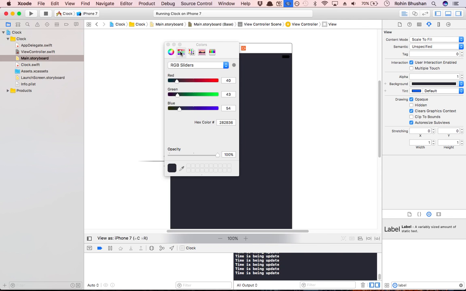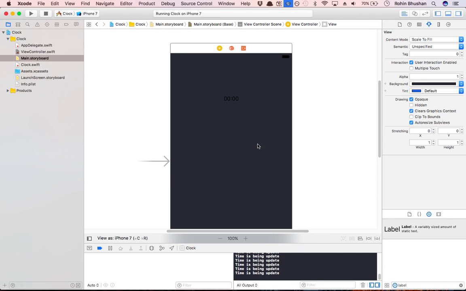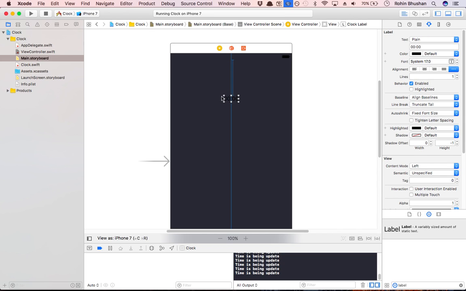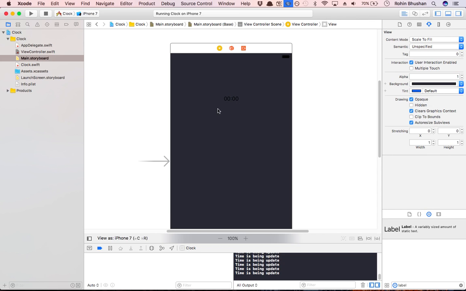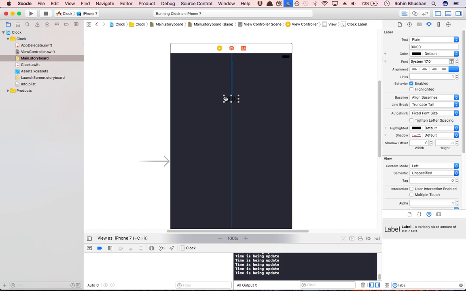So that's a nice dusk kind of color. I like it. But then there's not a lot of contrast between this and the background, because this is black, this is like a dark shade of gray with a little bit of blue kind of thing. I like it. But because there's a little bit of blue here, why not make this a kind of slick blue too? So let's make it something like, to change the color of a label, you can go